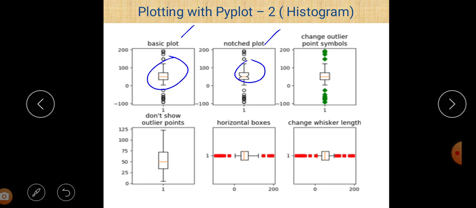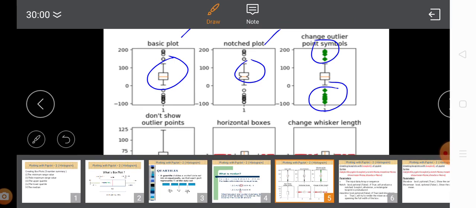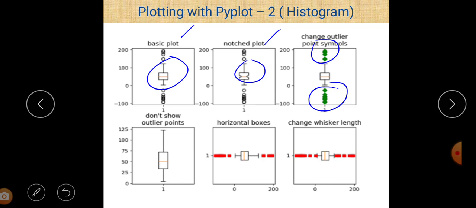And in the third case, we change the outlier point symbols, which is another representation of box plot. In case number 4, we don't show outlier points, so this is the box plot without outlier points.